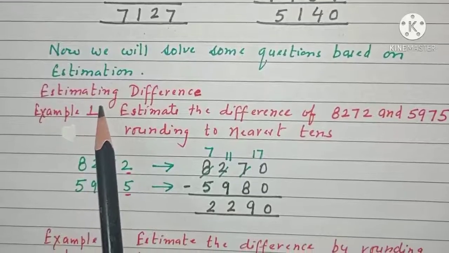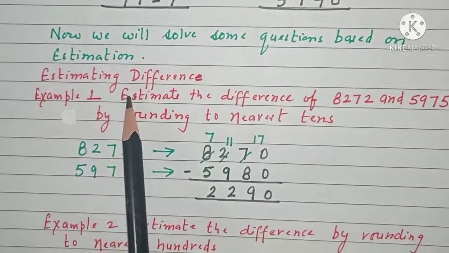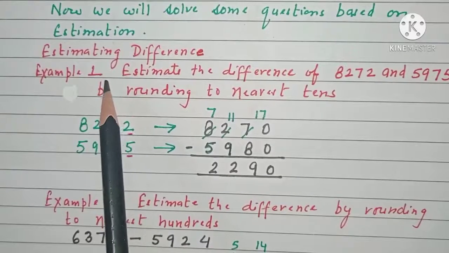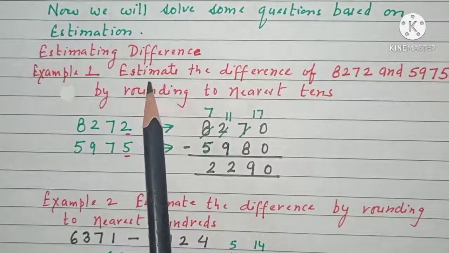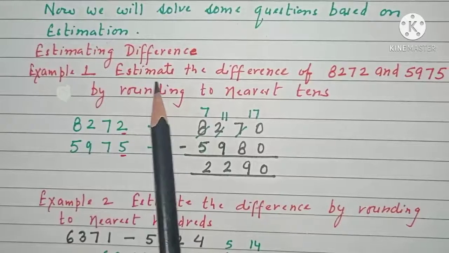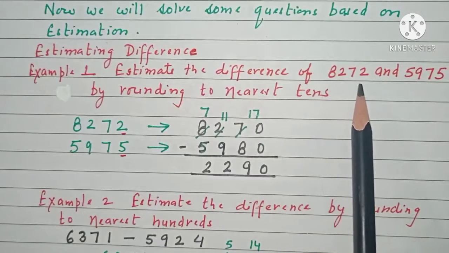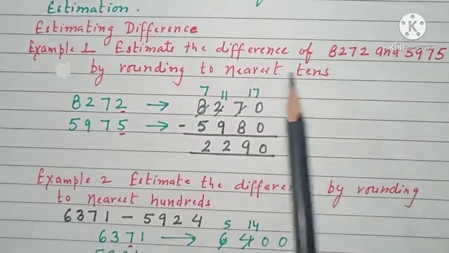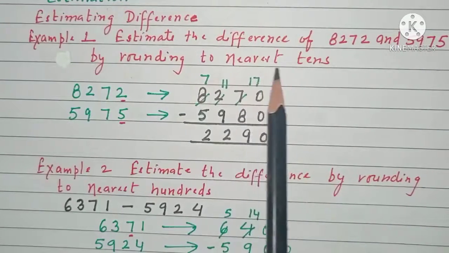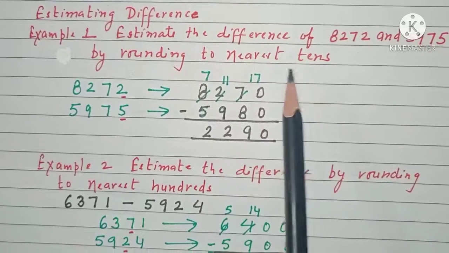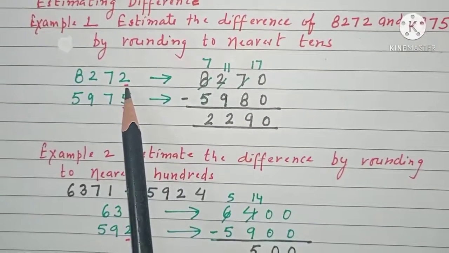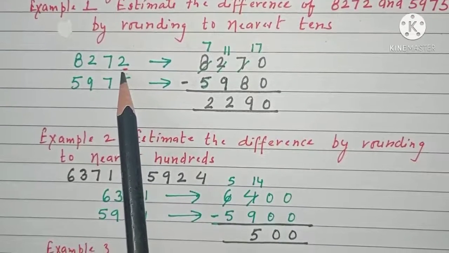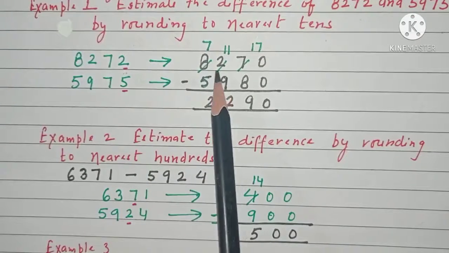Students, now we will solve some questions based on estimation. You are already familiar with how to estimate the sum and difference. So here we will be solving some questions where we have to estimate the difference. In example 1, estimate the difference of 8272 and 5975 by rounding to nearest tens. Now as we have to round off to nearest tens, we will be looking at the ones place of the number. Here the ones place is 2, so round off will be